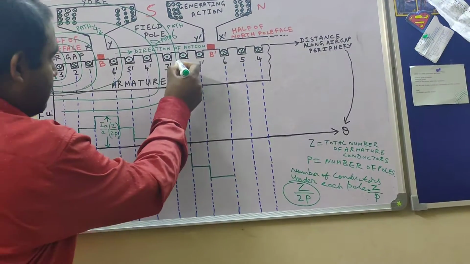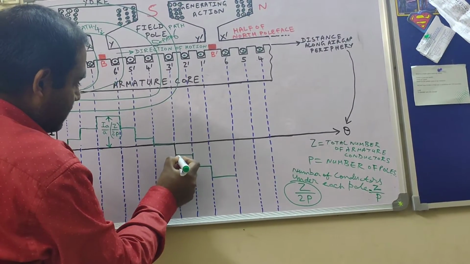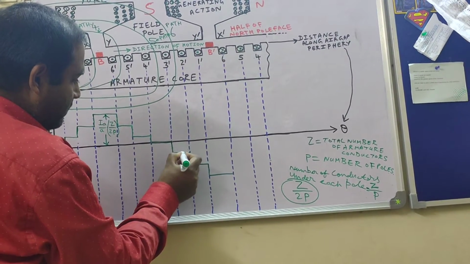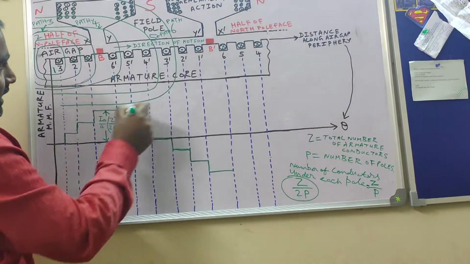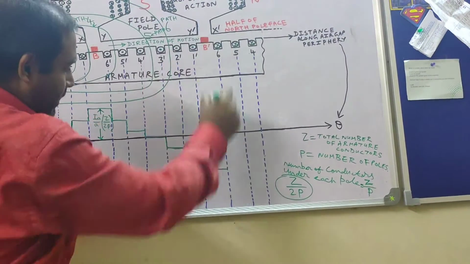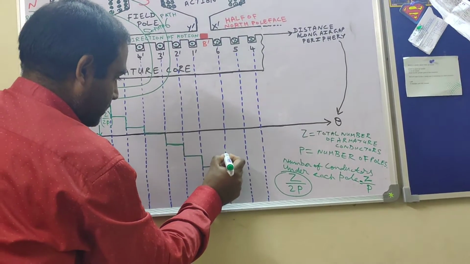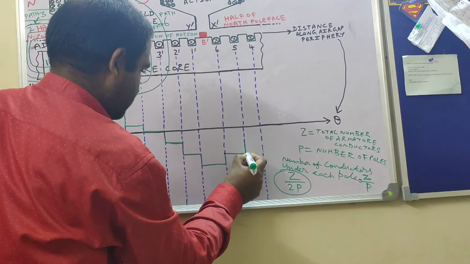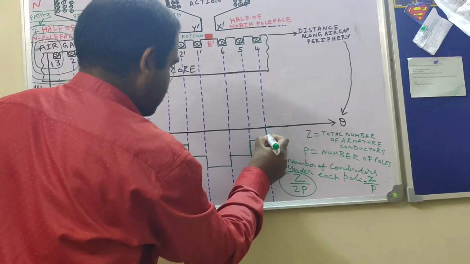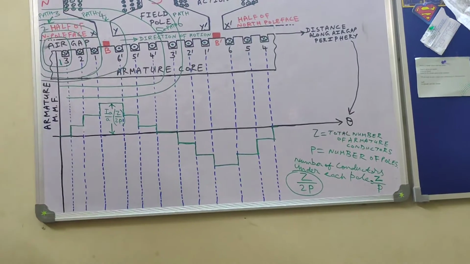So that's why in path number 6 you will find that along slot number 3 dash there is a rise of MMF, but this rise of MMF is negative. As per our convention, this path number 6 is carrying a net dot current, so it is negative. In this same way you go on applying, and you will find that the MMF varies in this particular fashion. So this is the variation of MMF along the air gap periphery for the armature.